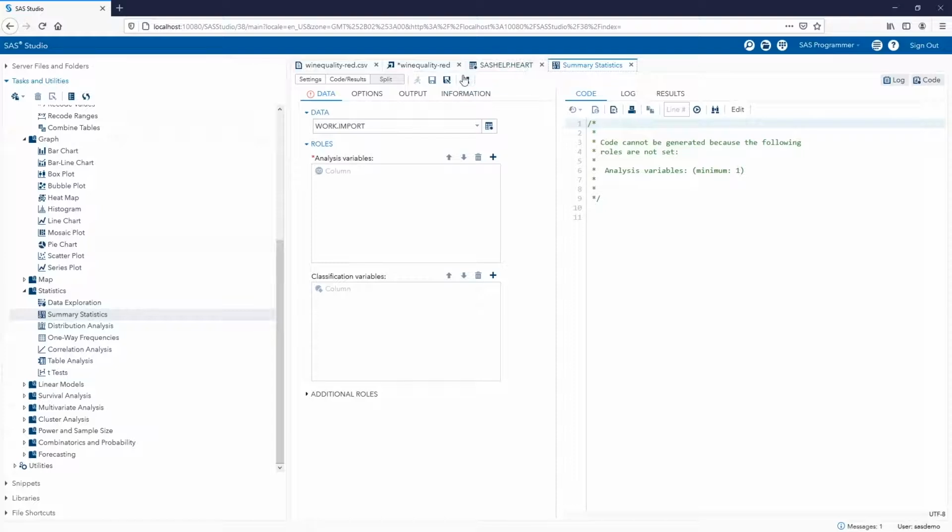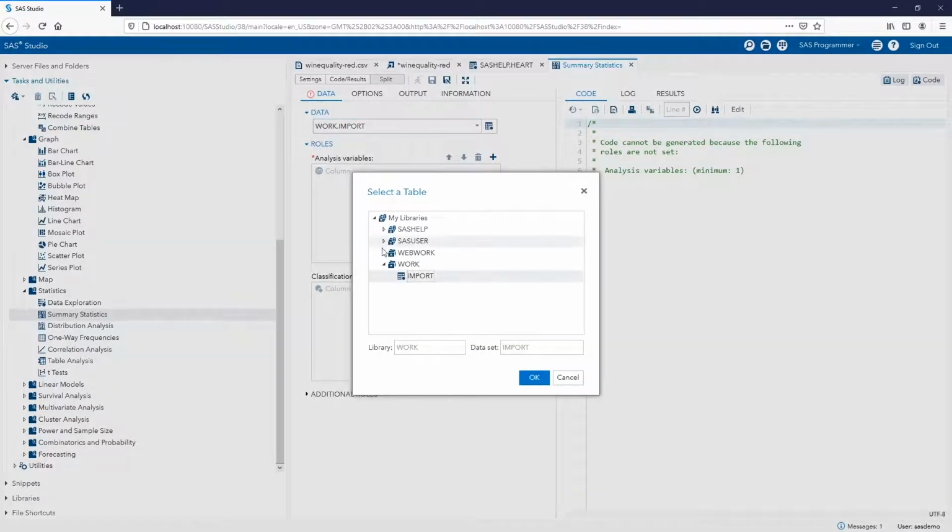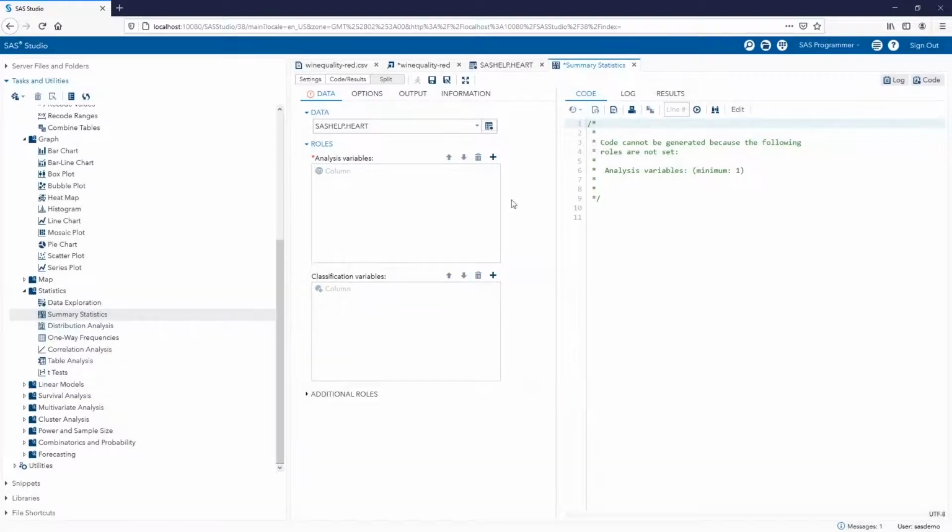Double click on that. And then we need to choose the data set we want to work with. Our data set is found in the SASHELP library, and it's this HEART data set. It's shown now as sashelp.heart. SASHELP is where the data is stored, and the part that's after the dot is the actual data set name.